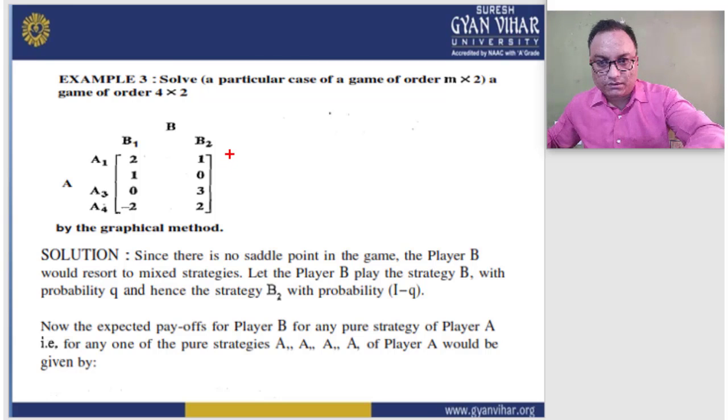So here is the minimum value 1, here is 0, here is also 0, here is minus 2, here is 2, 1, 0, minus 2. So the maximum value is here, 2 is here, and here is 3, the maximum value. In this, the maximum of the minimums is here 2, and the minimum of the maximums is here 1, and this is not equal to the original solution. So the minimax value is not equal to the maximin value.